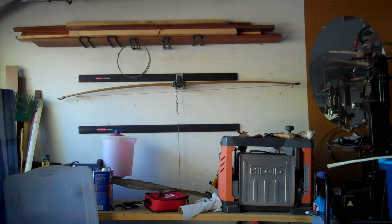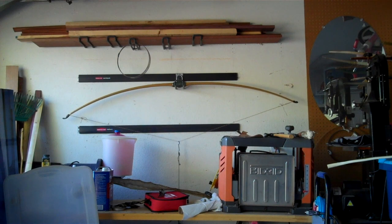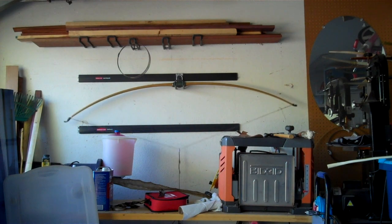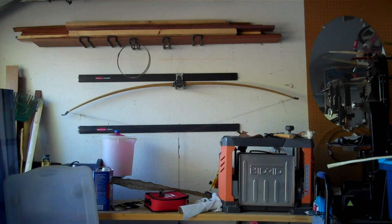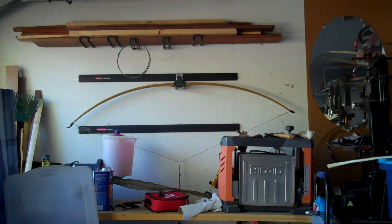But the good news is the horn knocks appear to be holding just fine. And the bow's got some pretty good bend. But what I'm seeing in this tiller right now, let me show you, is look how well that front limb is bending. I don't see any hinges, I don't see any problems. But look at where the lower limb,